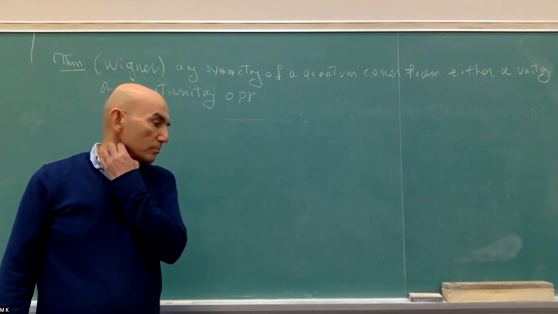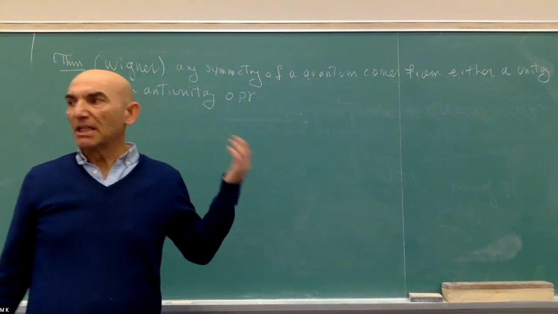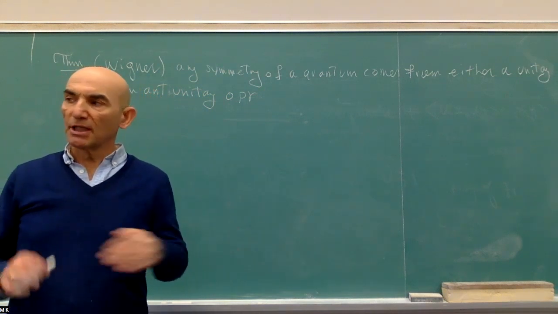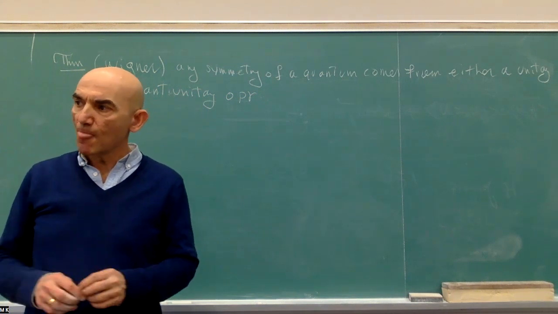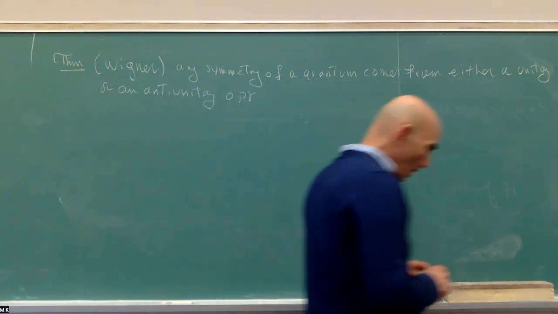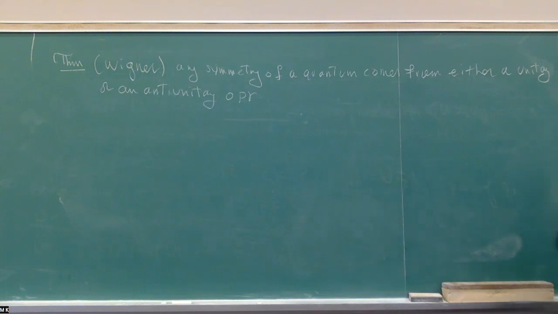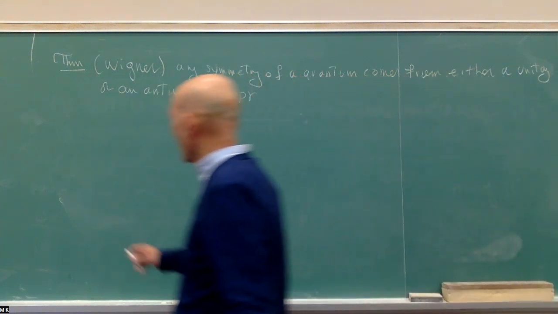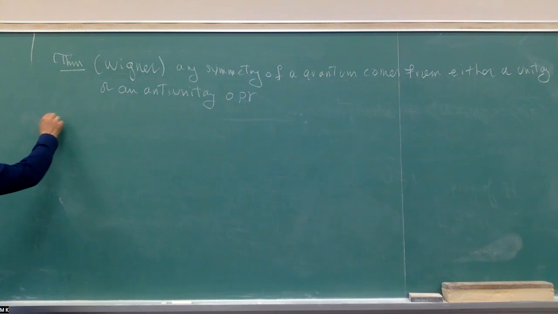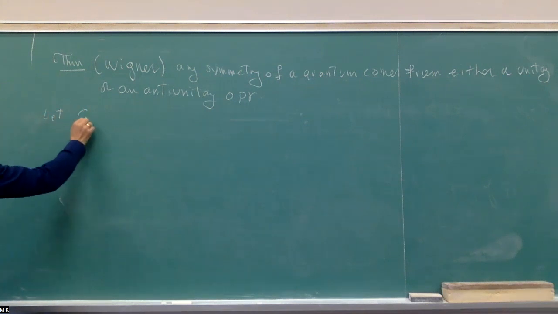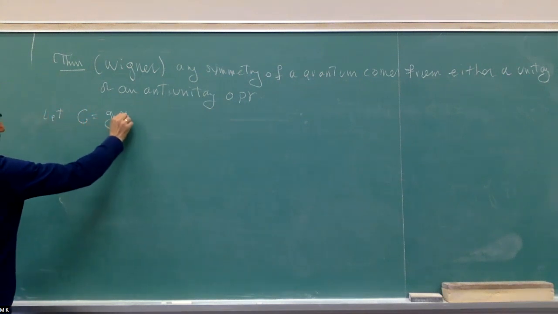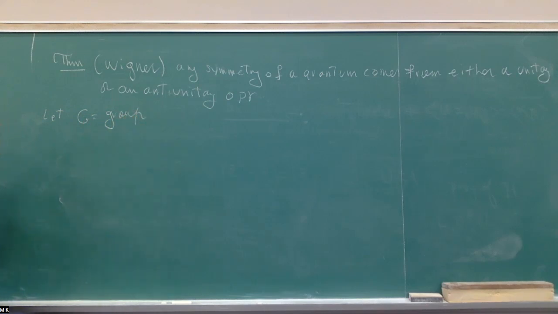So that's something that we need in order to justify that idea of central extensions now. So let's go back to, so now let's give me a group. So now, what is a group of symmetries of a quantum system? Well, it's just a projective representation of